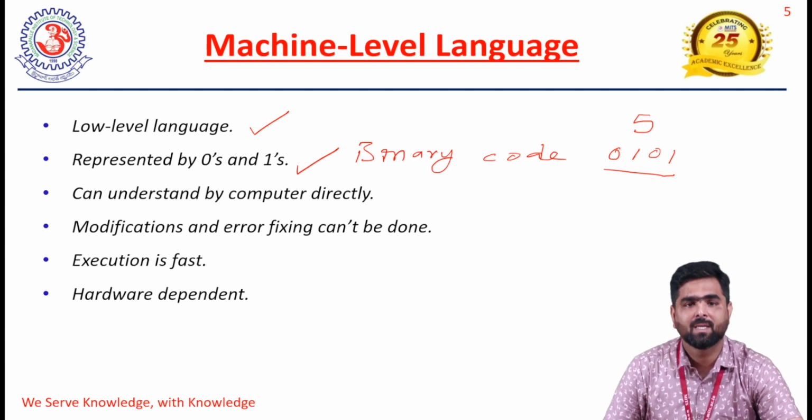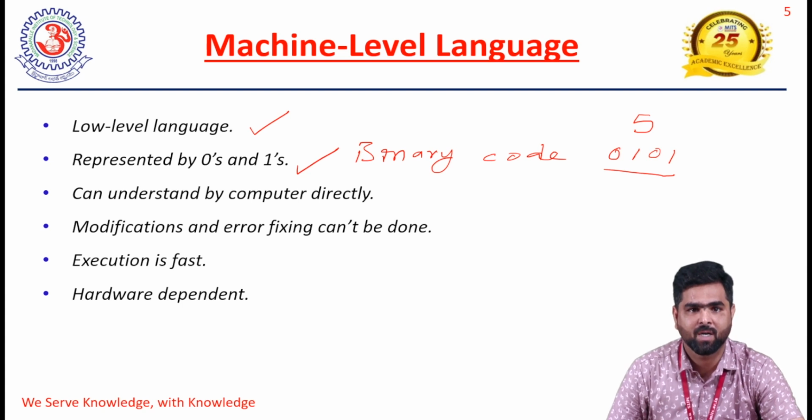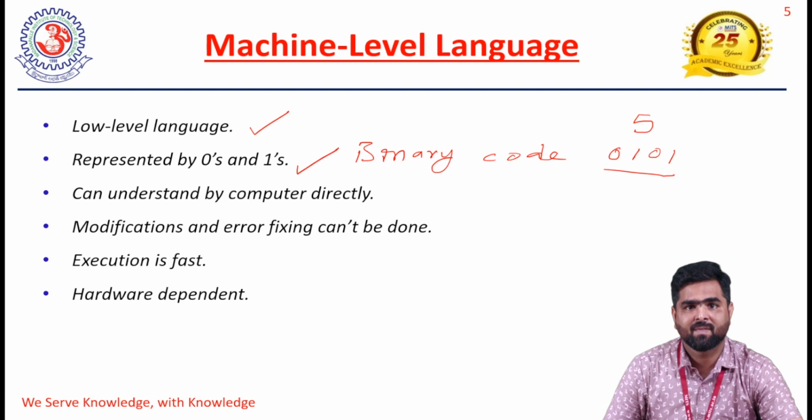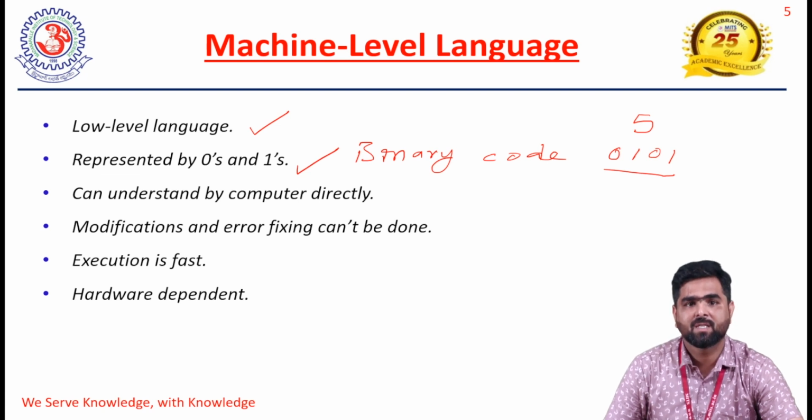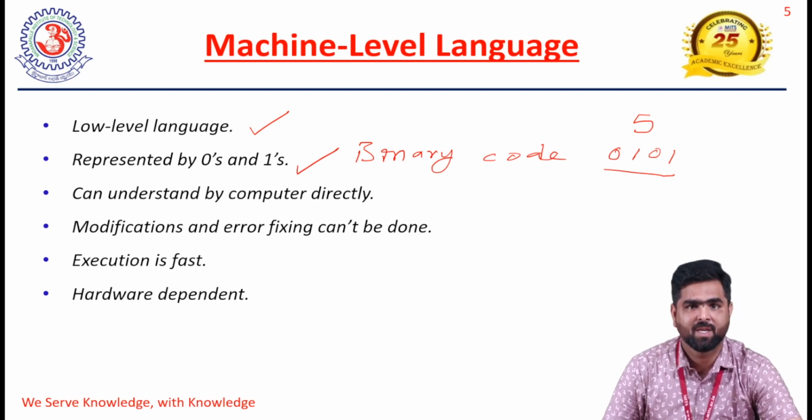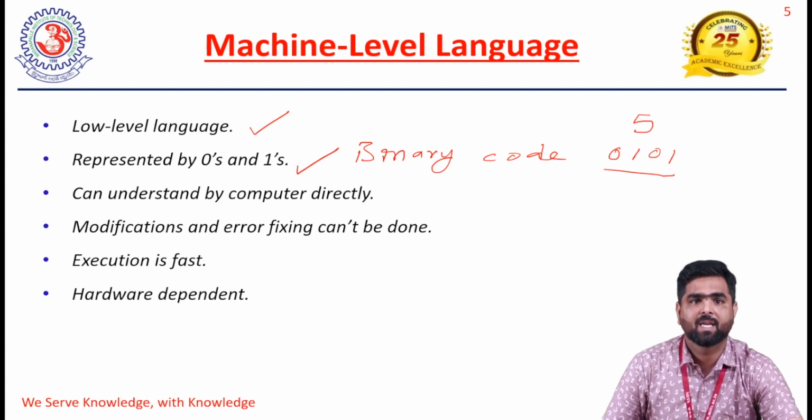In that case, remembering these zeros and ones as well as identifying all these zeros and ones is very difficult for the human. That's why machine level language cannot be understood by the human. And as the machine level language is understood by the computer directly, we don't need any kind of translator to convert this language. And next thing is, modifications and error fixing cannot be done in the machine level language,